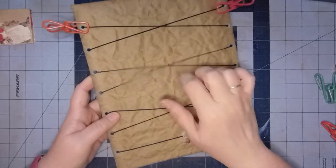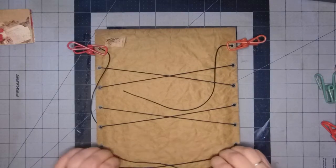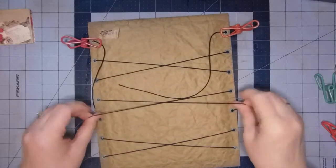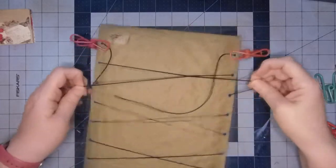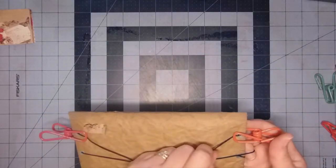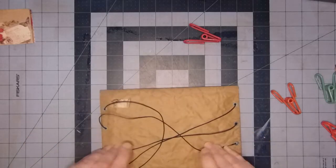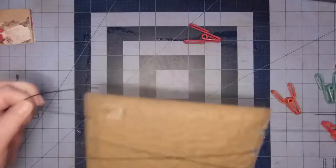You can see these are super loose, so now we're gonna tighten. And I'm stretching a little, but not super tight. And I should have not clipped those because I'm going to need to get those tight as well. Hold on to the one below it. There we go. Okay,